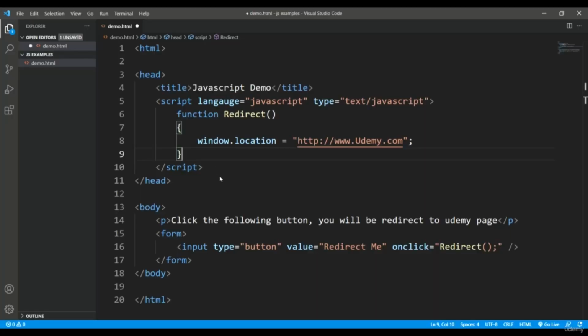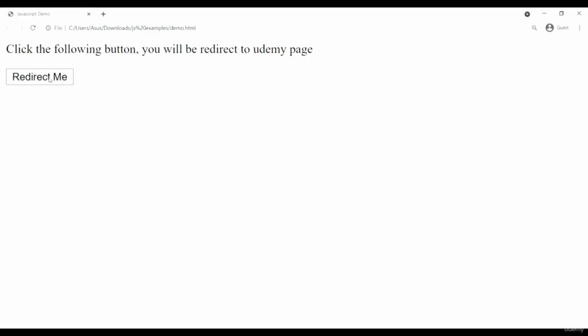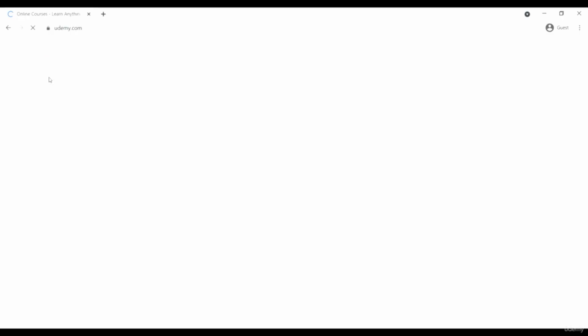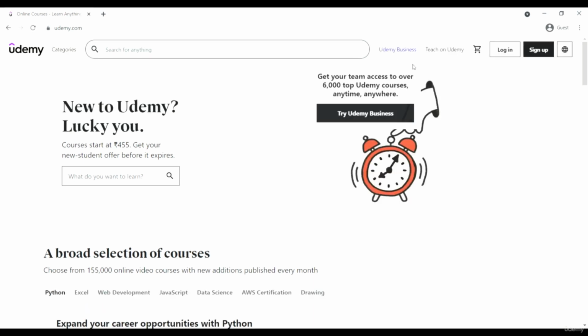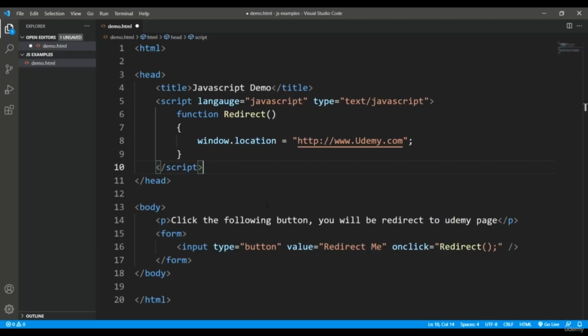In this particular program, I am simply changing the location of one page to another page. In this page, I have placed a button with the text 'redirect me', and when you click it, it will call the redirect function. Inside this redirect function, I have simply called this window.location property. It will change the location of your page, and whatever page you have specified will be shown to the user. So when I execute this,